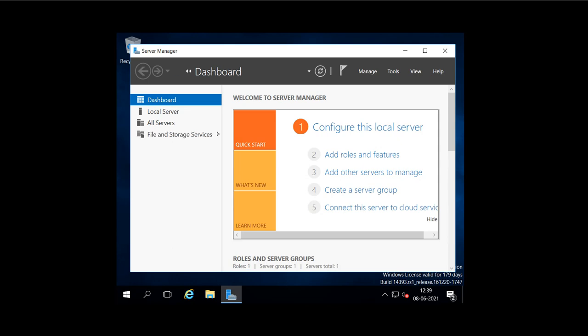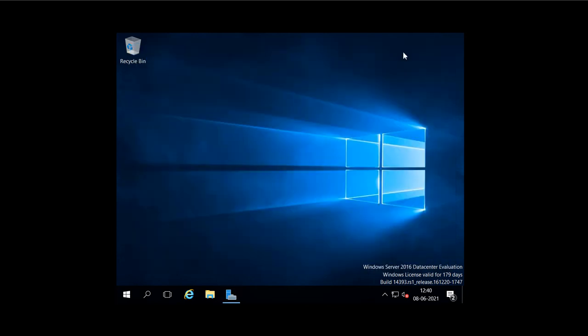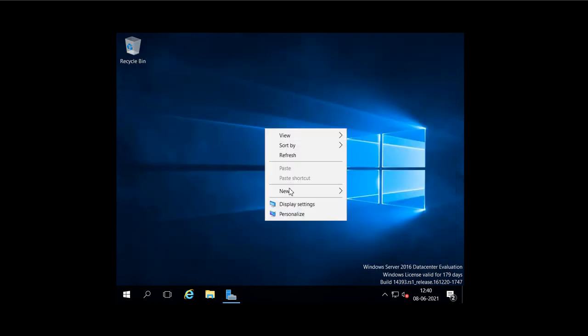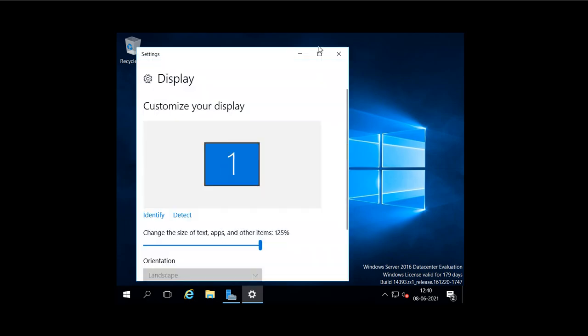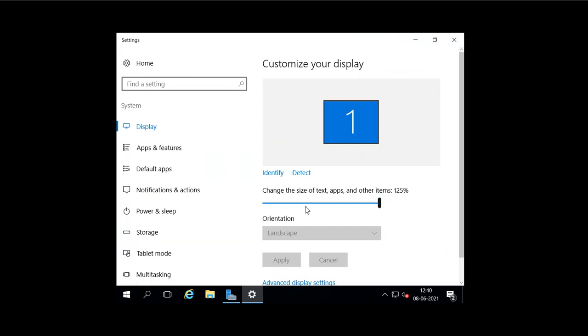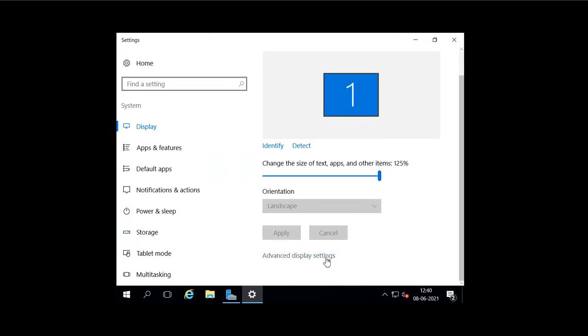So first I will change the resolution because it is looking very small. I will go to desktop settings, advanced settings, and here I will select the resolution which I feel is okay for my screen.